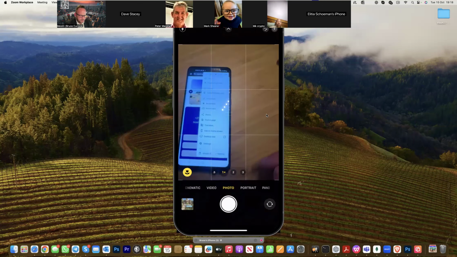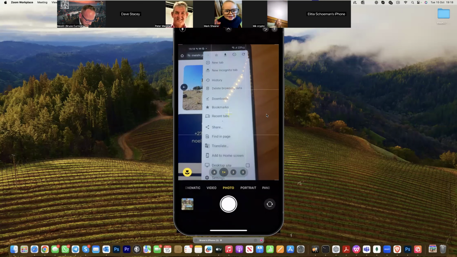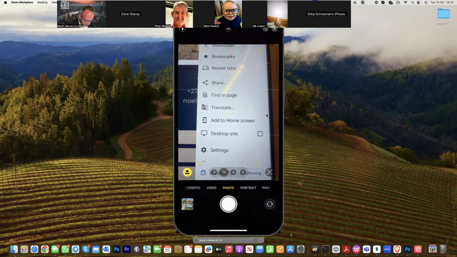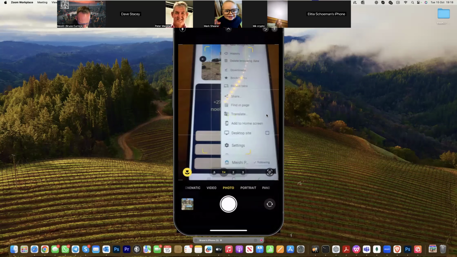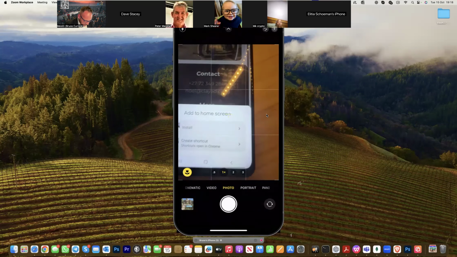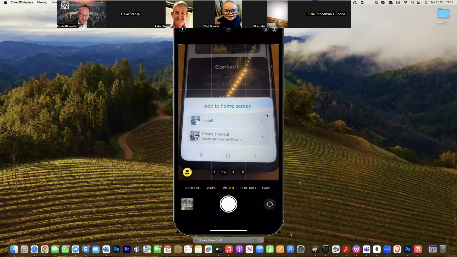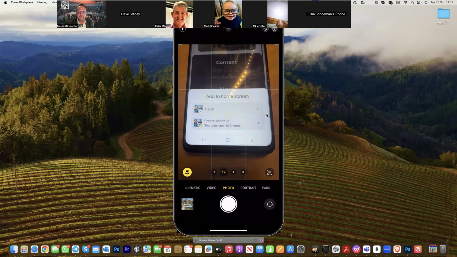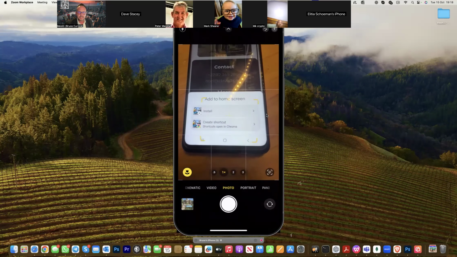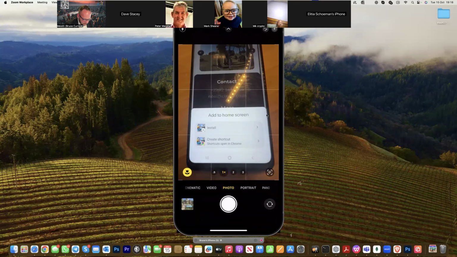There we go. So you click the three dots. This will open. You can see over there it says add to home screen. So you click that. And then you've got two options. It says install or create shortcut. So always choose create shortcut on Android. So once I click that,